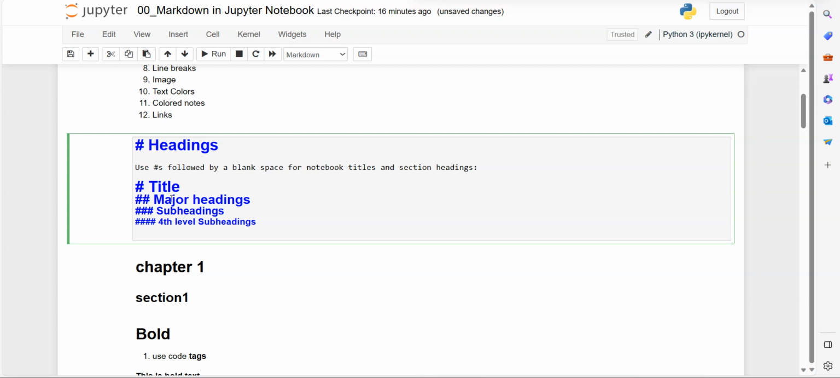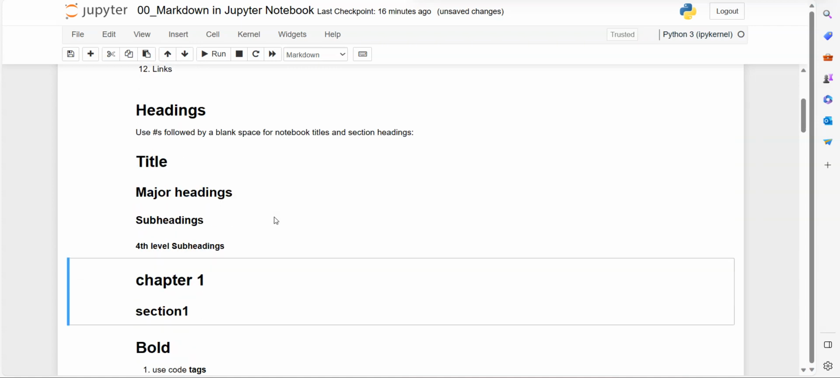I repeat again, headings are created by using hash. If you want to have subheadings, then increase the number of hashes. That will give you the headings with different levels. So this is about headings. Then